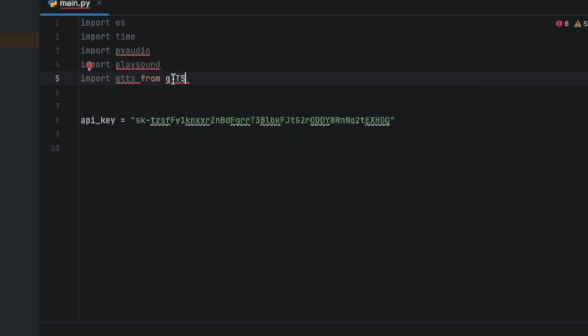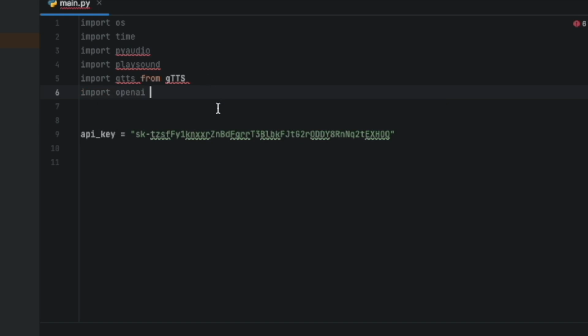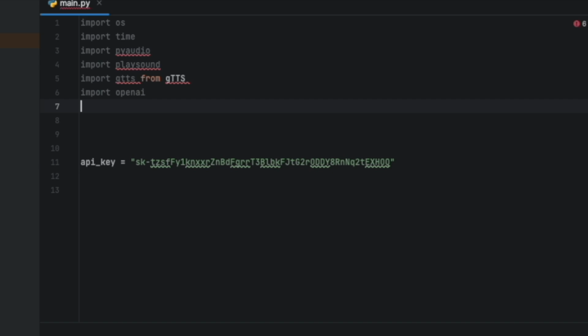This is just Google text-to-speech, so it's going to take what we say, Google's going to run it through our text, which we say, it's going to turn it to speech, and then it's going to say it back to us. And then we're going to import openai in order to use our API key, and this is going to be our AI for us. So now we are going to need to actually import one more thing. We need to import speech_recognition, and I think I have that spelled right, and we're going to import it as sr, just like this.